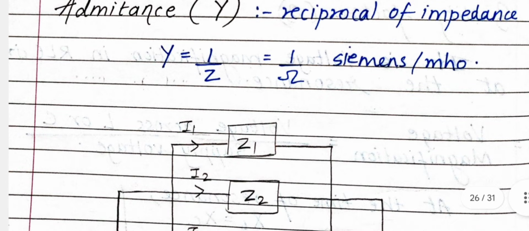Then, very important, now your admittance. This is again a very important definition. All the definition part I have kept at the last of this unit, so you will get this with a fresh mind. What is admittance? Admittance is denoted by Y, and it is very simple to remember as it is the reciprocal of impedance. Its definition is also the same: it is defined as the reciprocal of impedance. As it is reciprocal, we can write Y is equal to 1 by Z, and its unit will be 1 upon ohm, or we can write Siemens or mho.